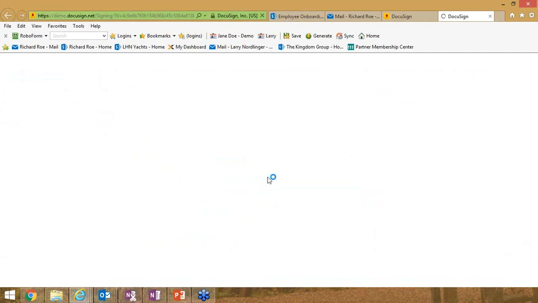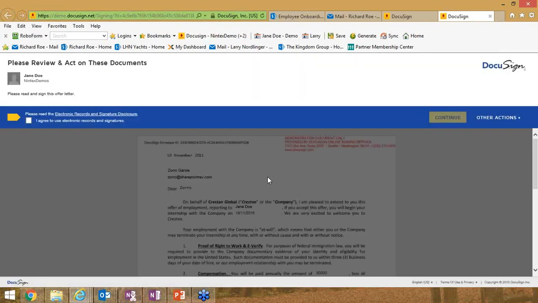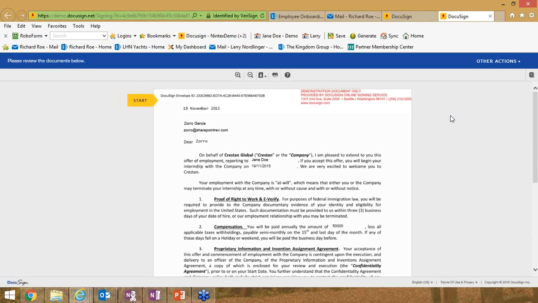And so here I am as Zorro. I've got my offer. And since this is my first time into DocuSign, it's going to ask me to agree to the use of electronic records and signatures. I'm going to hit OK or continue. And this is the offer letter that says, Dear Zorro, on behalf of Cresta Global, I'm pleased to extend this